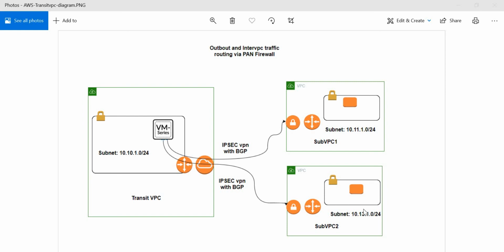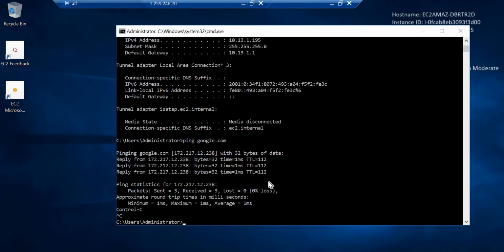Same way, from this instance to this instance, it will take the default route and through the VGW it will come to the Palo Alto firewall. On the Palo Alto firewall we have to do the patching up work. That means we have to check the route and we have to add the security policy. Routes are already there in this Palo Alto firewall to reach this subnet and also to reach subscriber VPC 2 subnets.